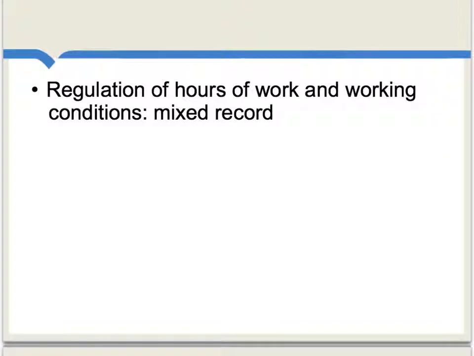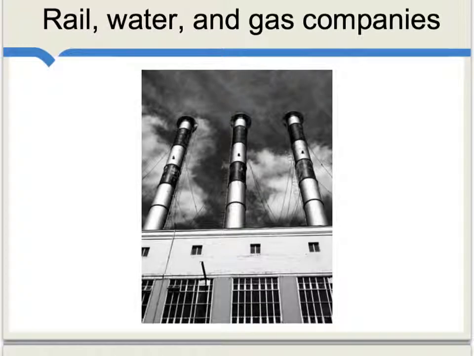When it came to issues of regulating working hours or regulating working conditions for labor, at the time the economists voting in Parliament had very much a mixed record. It seems there was at least an implicit understanding of natural monopoly issues, so when it came, for instance, to rail, water, and gas companies, quite frequently we find economists voting for some active government role in these areas.